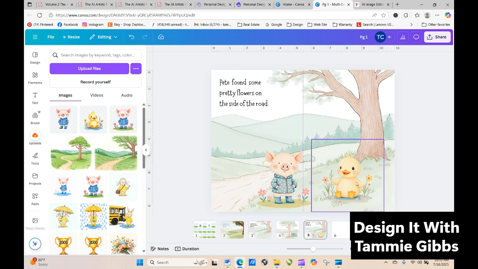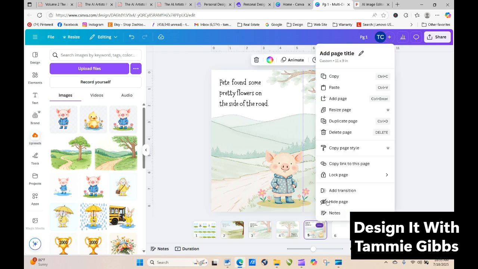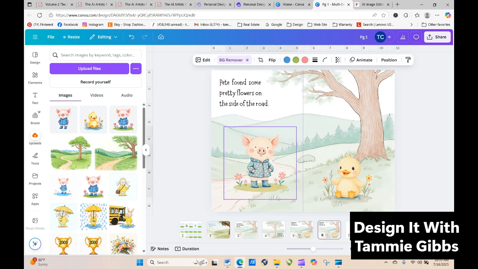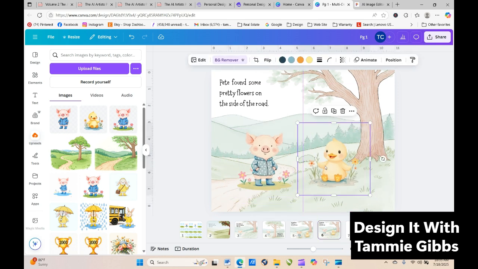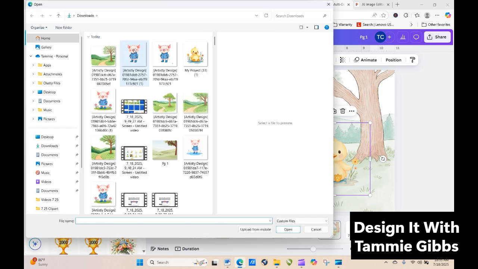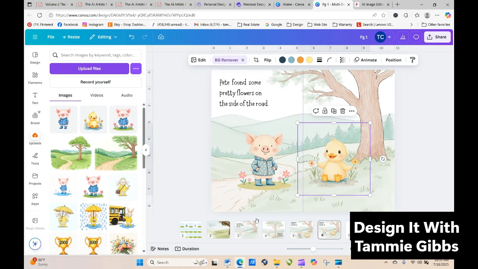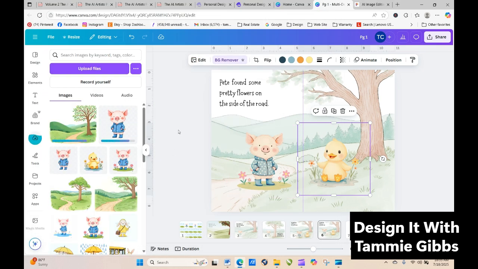Okay, so let's just say I'm going to make a copy, duplicate this one just to show you, and then we're going to leave our two characters here, and we are going to upload our pig and our background here, and then I'm going to show you how to incorporate the two